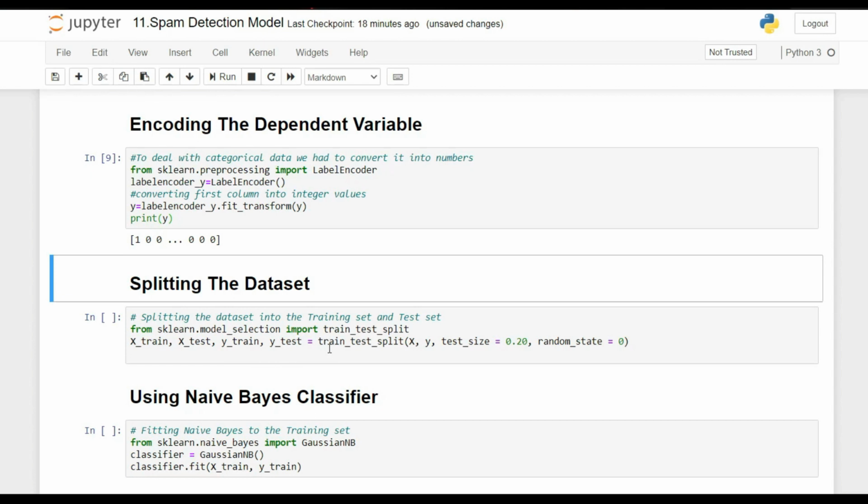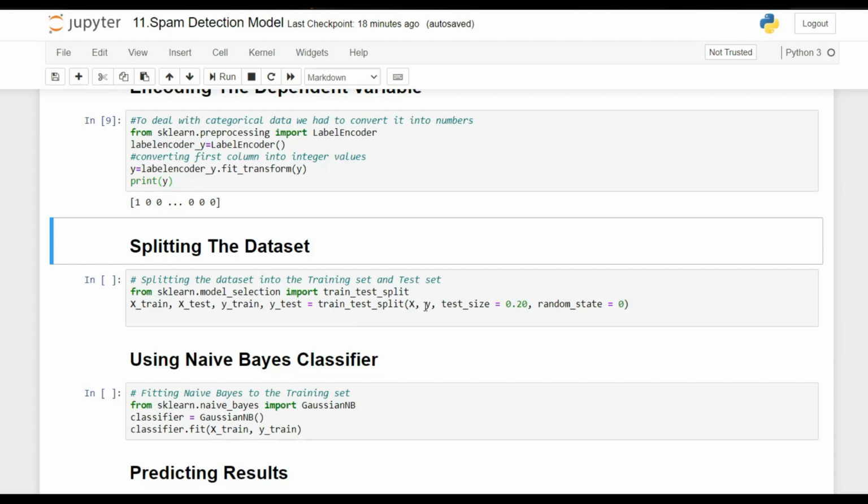Guys, X_train and X_test are the features which we are going to use as training, and X_train and y_train are the features which we are going to use as training, and X_test and y_test are the unseen data which we want to predict and see the outcome our model gives, because it is best practice to evaluate your model on unseen data. So we are using that, guys.